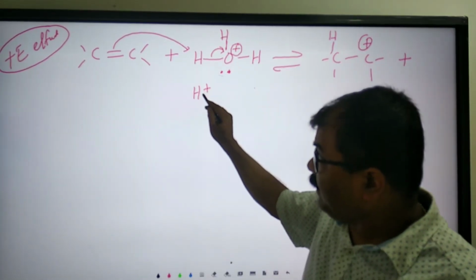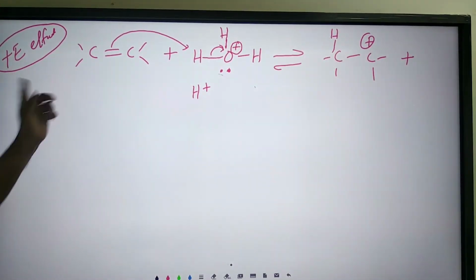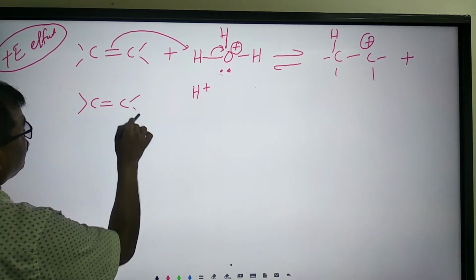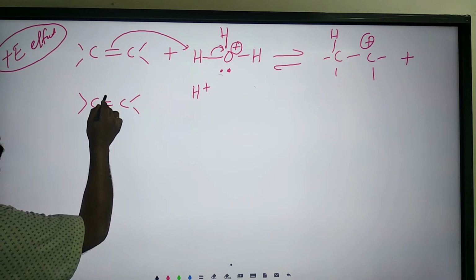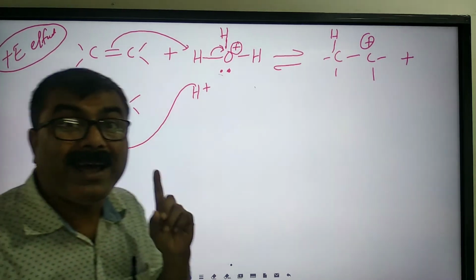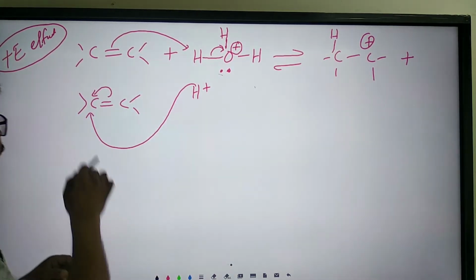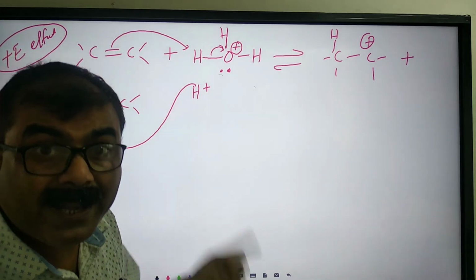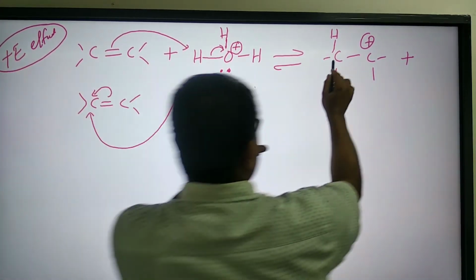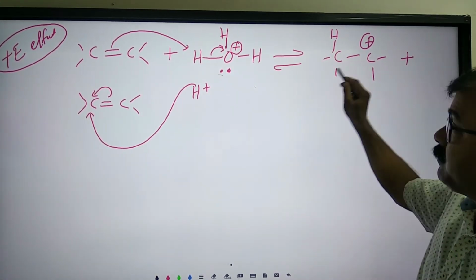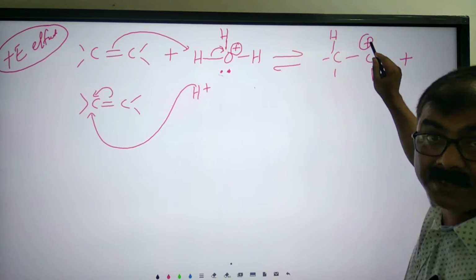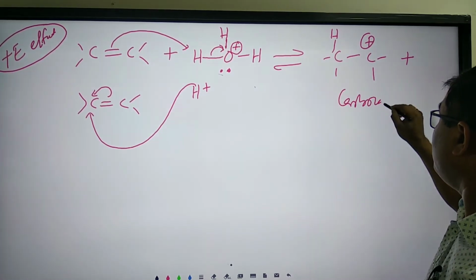So exactly now, how does the plus E effect take place here? You see, just now I showed. These pi electrons will move towards this. That is why H plus will attach, because this is a plus E effect. Plus E effect means transfer of pi electron takes place to that atom to which the attacking reagent attached. Clear? Here you see the result. This is H, and this carbon becomes electron deficient. That is why it becomes positively charged. Okay, this is a carbocation.